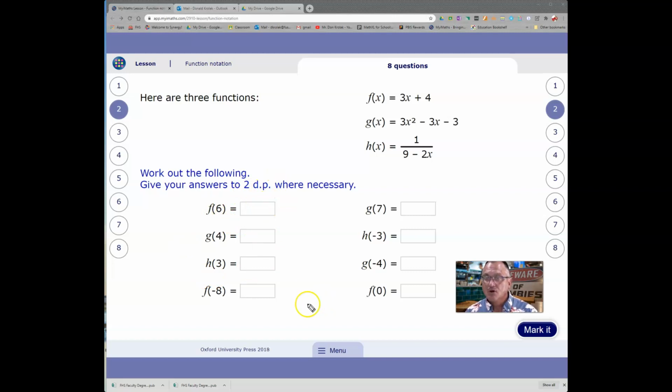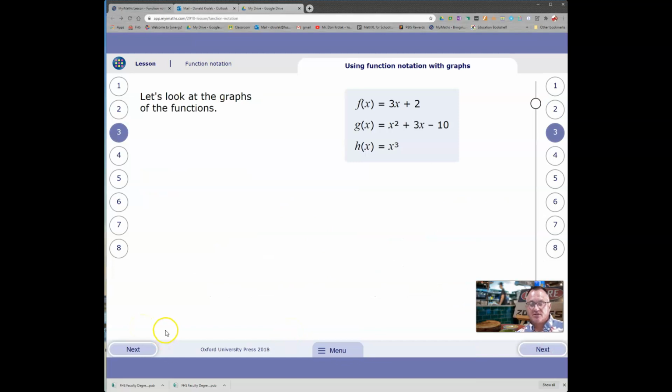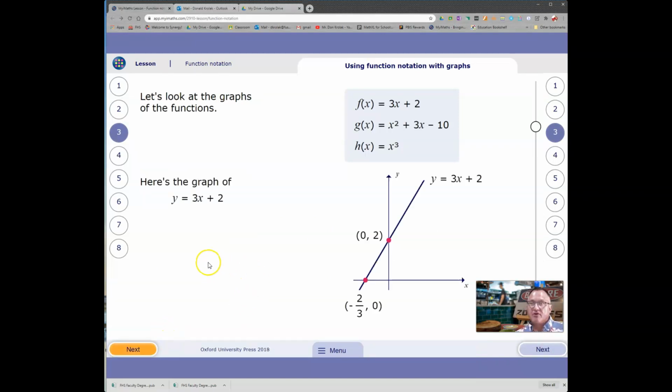dp just stands for decimal points. All right, so pause the video, okay, work these 8 problems out, and then we'll come back and check your work. All right, here are your solutions. All right, now let's take a look at the graphs of these functions. So the graph of a